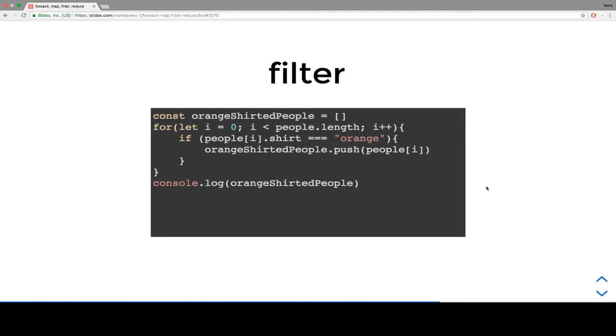With for loops, we would have to loop through it, for i equals 0, and for each person compare if they're wearing an orange shirt. If they are, push them to a new array. So what filter allows us to do, with this in mind,